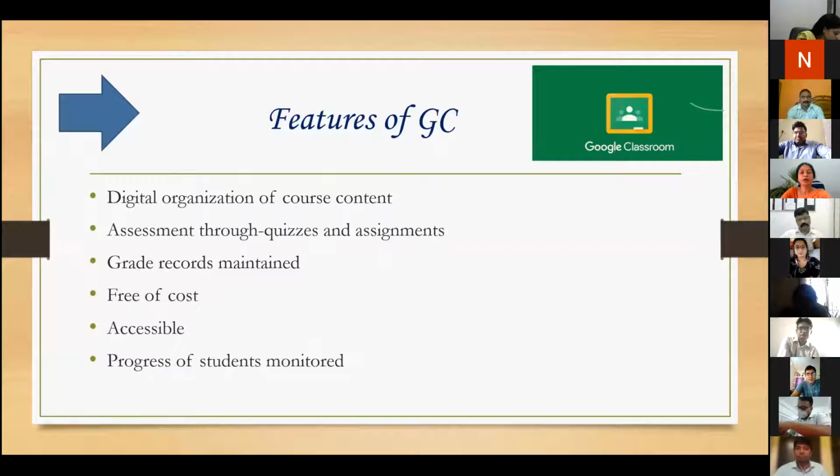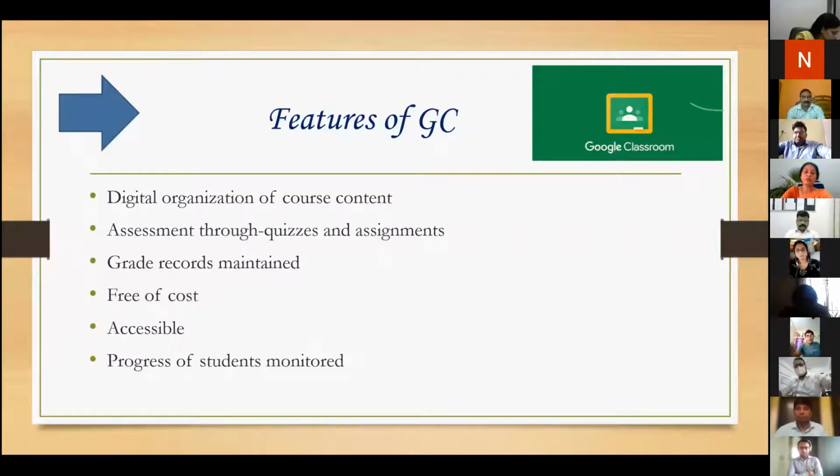I'll tell you how to log in, and there are two ways through which we can do it. I'll tell you in the later part of this lecture. Another thing is that the progress of the students can be monitored. Once you grade, you can write individual feedback to the students. For example, if a student has not completely written an answer, you can write there that the answer is incomplete and he or she needs to add a few more points to make the answer more weighted, right?